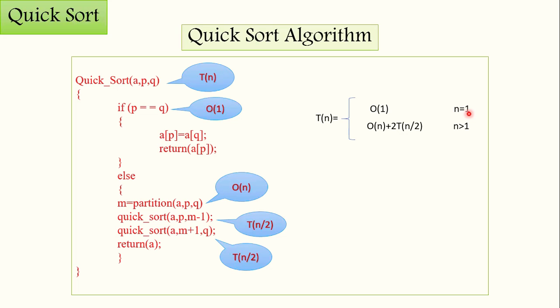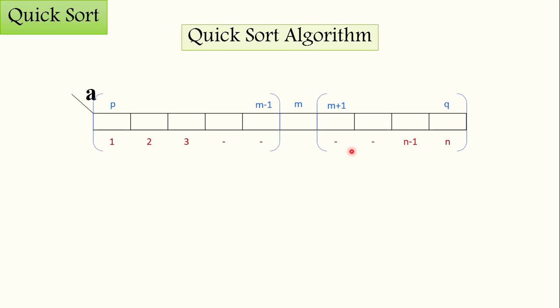This is your recurrence relation. If n is equal to 1, where n is the number of elements in the given array, it is possible that one element takes big O of 1 time to complete its execution. This recurrence relation can be solved by the master theorem. After applying the master theorem, we will get the time complexity of this algorithm. We will get big O of n log n complexity for the best case. For the best case, we consider each half of the problem as T of n by 2, and this is the partition algorithm. After partition, we will get the position of the middle element, or you can say the m value.